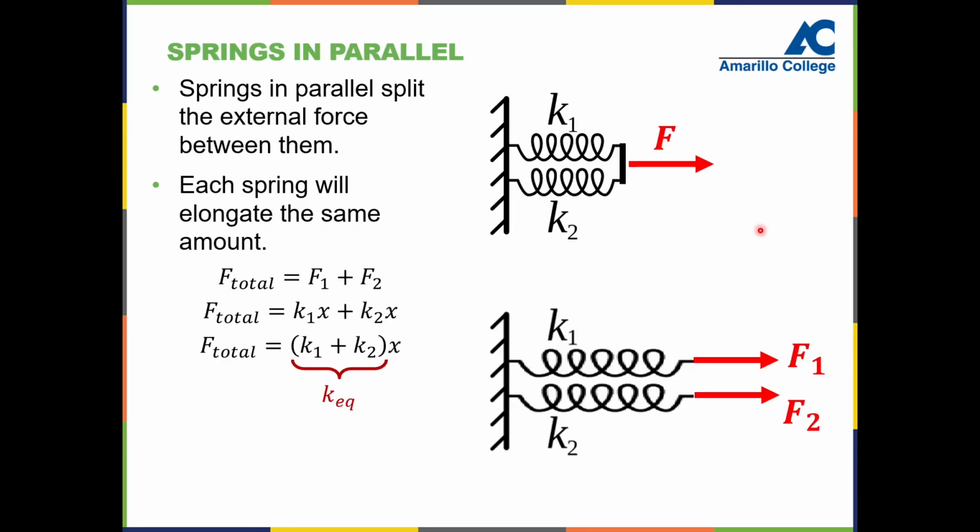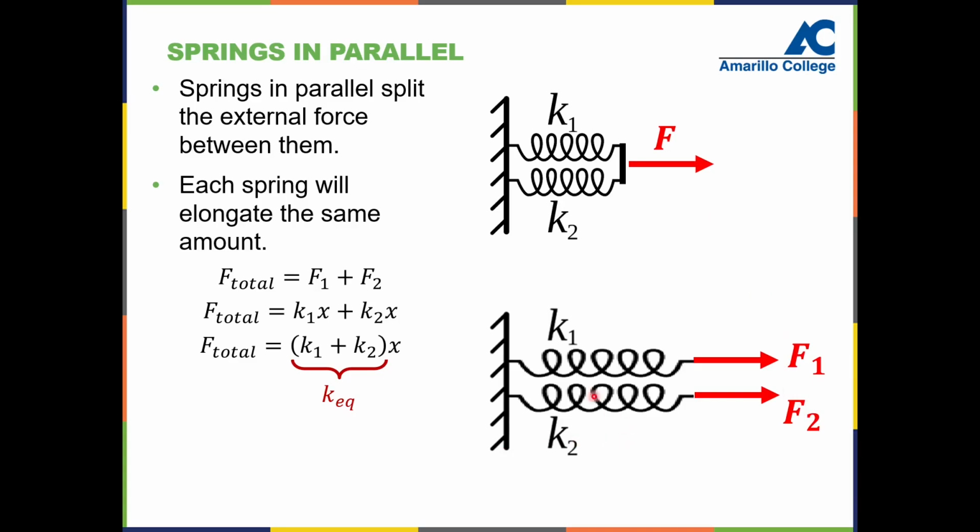Now, for springs in parallel, if I apply a force to those springs, the relationship that we have to consider is that both springs are going to be displaced the same amount. No longer will both springs carry the entire force F. In fact, some of that force will be carried by spring 1,